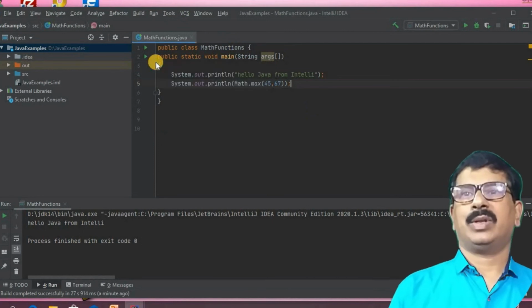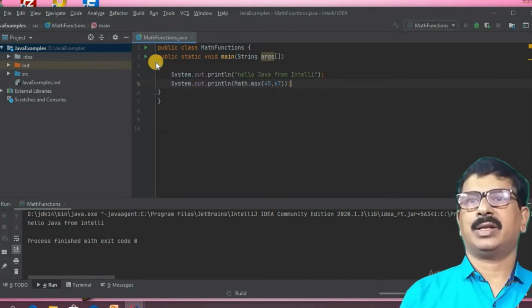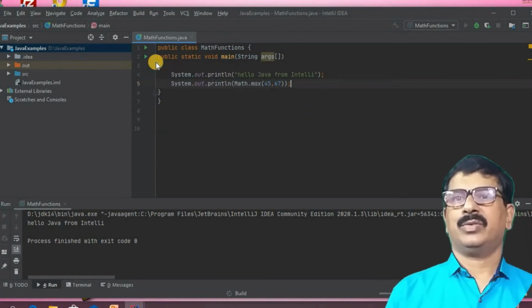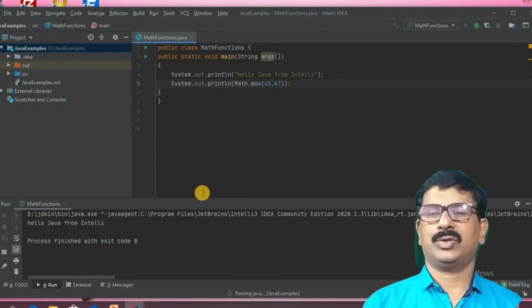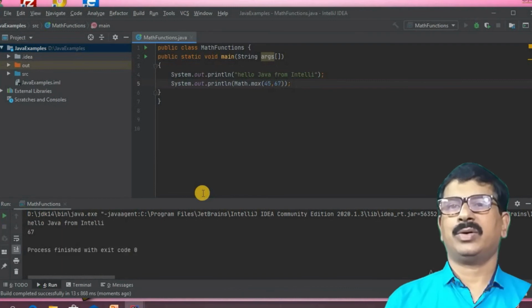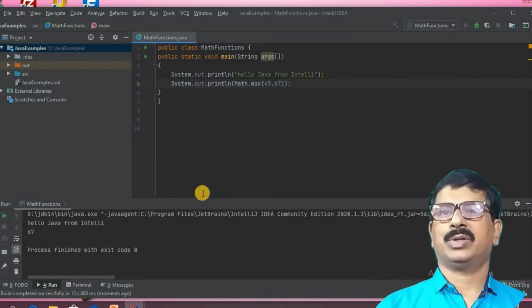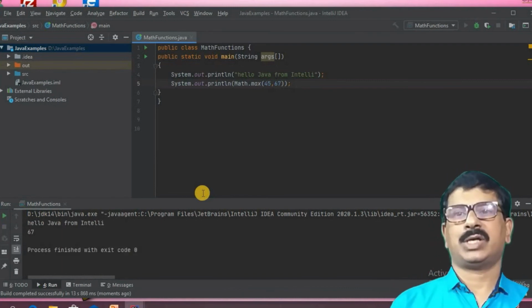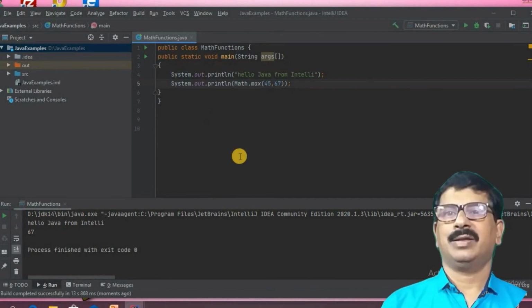And once again we will run by clicking the run button. Okay, now you can see the result in the console window. It clears the console window and it shows the output. Once again you can see hello Java from IntelliJ and then the maximum number is 67.